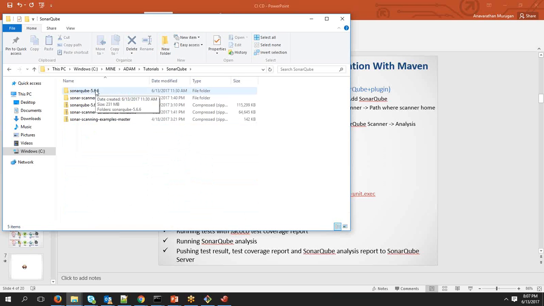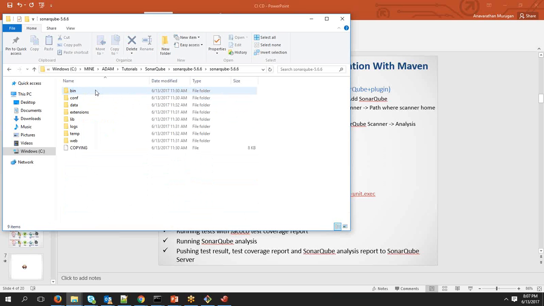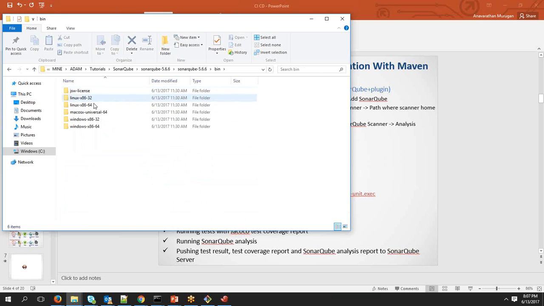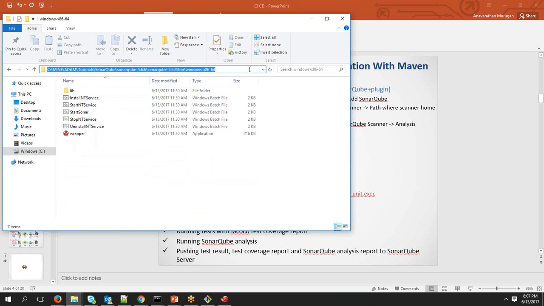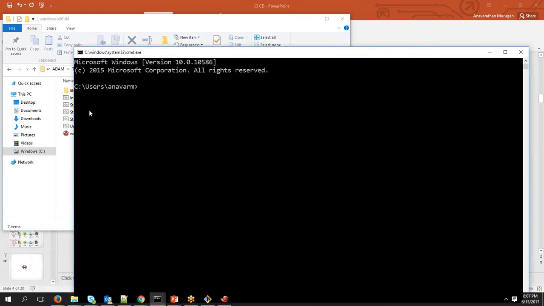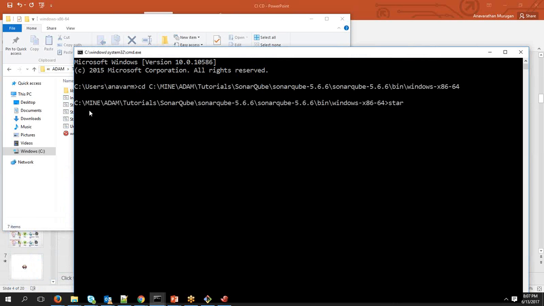Now under this, if you go to the bin folder and go to that particular operating system folder and you execute the start sonar.bat, then it will be connecting. The only thing we need for this is Java 1.8. Okay, so now if I start,